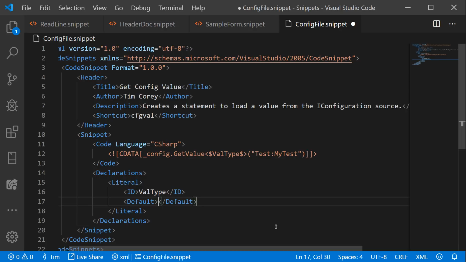Well, the default here, let's make the default string, because that's probably the most common value you get out of our appsettings.json file, is a string. You can get other values, but that's the most common one, so make that the default. And then finally, we're going to add a tooltip. You don't have to do this. You can say leave it alone,